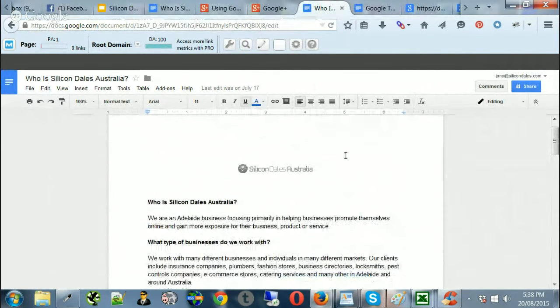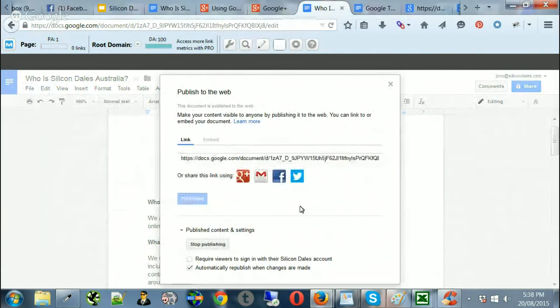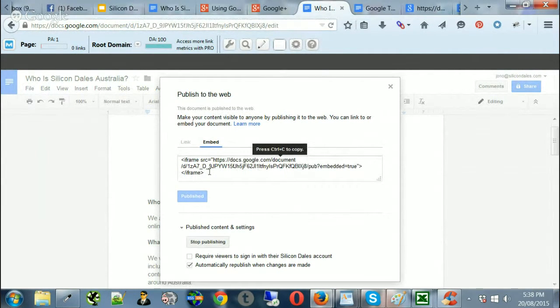Once you've actually created this document, just like you would on a Word document, you need to go over here and you go publish to the web, and you can see this one's already published, so that's why you can't publish it again. But every time you update a doc, it publishes it automatically. And then it gives you this URL where the doc is. So copy that, and you can also grab an embed file, so you can embed this doc in other parts around the web. You can embed it on your website, or you can embed it on Web 2.0s. Put a link in your social media, so it's a really good way to syndicate this document out to the